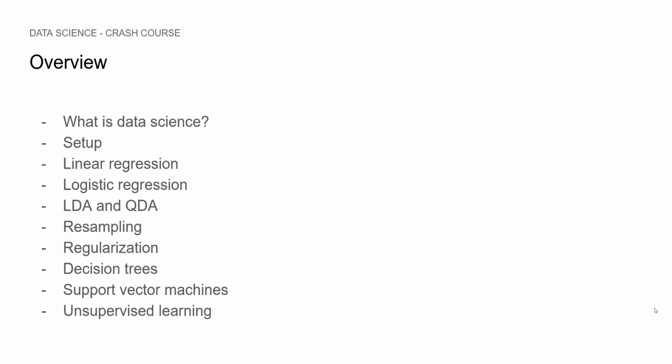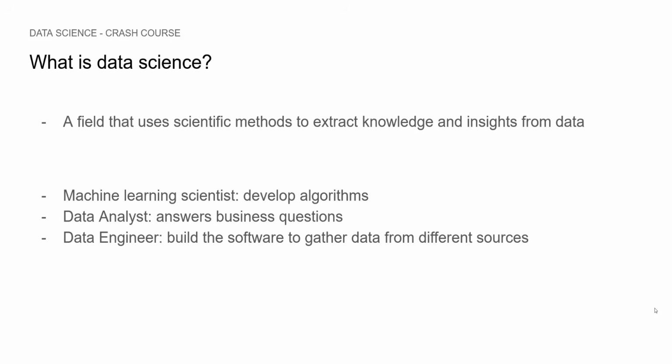We will talk about decision trees. Most of the state-of-the-art algorithms are actually tree-based methods, so a very exciting subject. And then we will move on to support vector machines and conclude this crash course with unsupervised learning. Now let's answer this question. What is data science? Well, data science is a field that uses scientific methods to extract knowledge and insights from